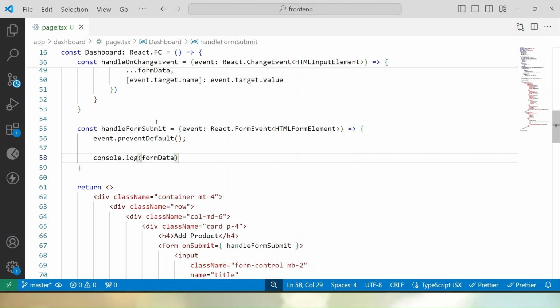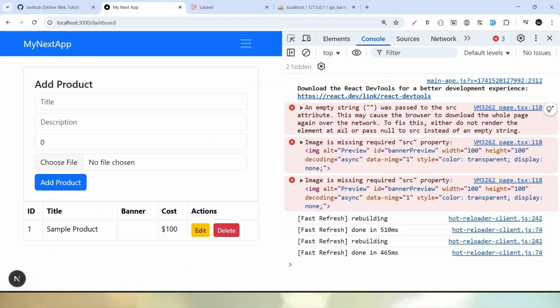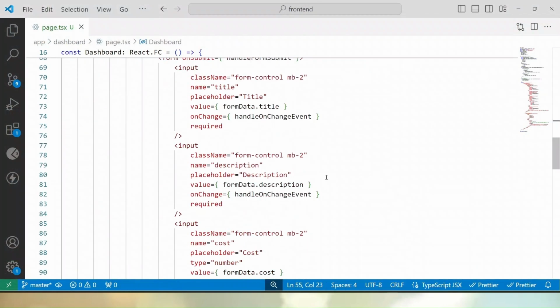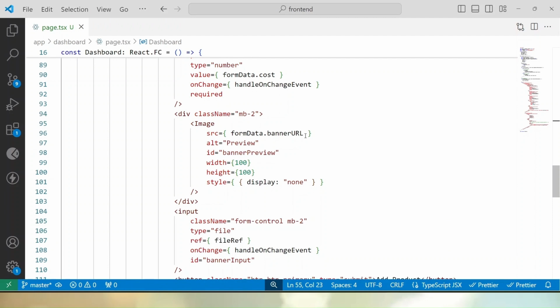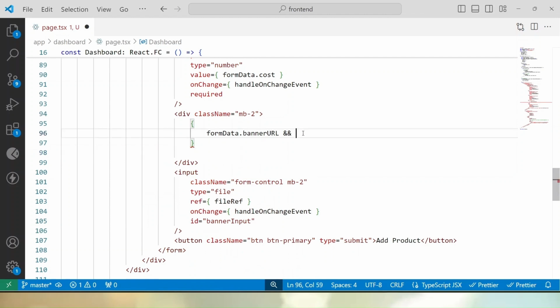If I save these changes, and let's add a comment line, this is form submission. If I save these changes, let's go back to the browser, and okay, here we have some error inside the console, and this is about the src property of the image component. So what I will do for this, I will copy. First I will check if it is set, so in that case only I will display this image component. So let's cut